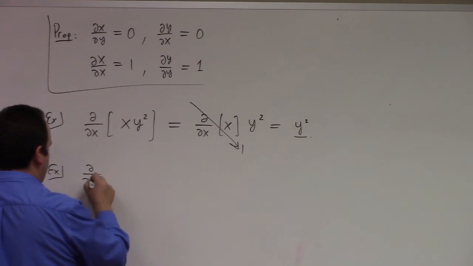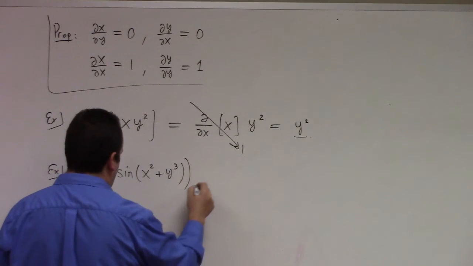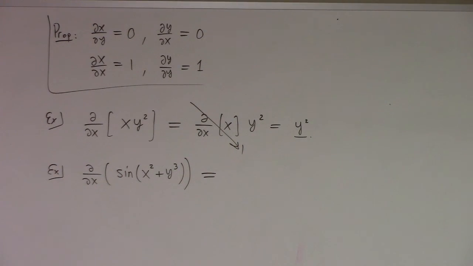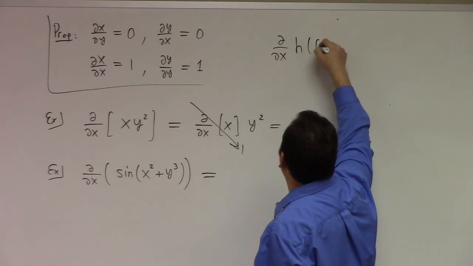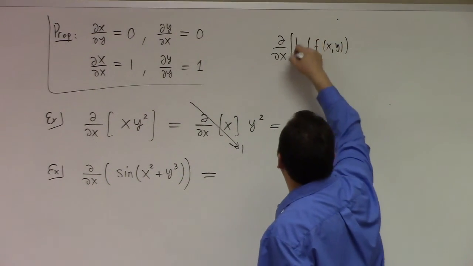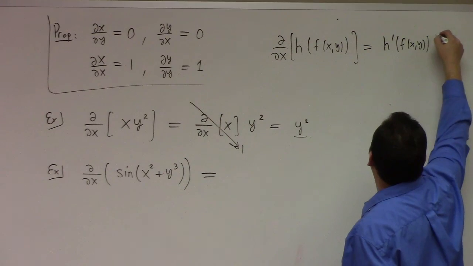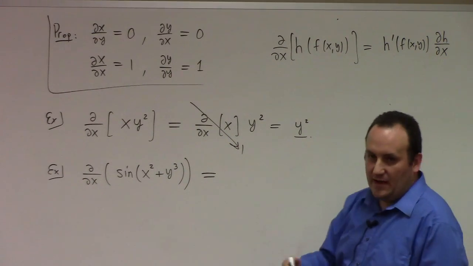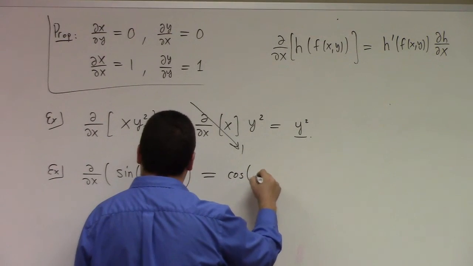Here's another one. Partial x of sine of x squared plus y cubed. The chain rule we haven't proved yet, but we will, is this. Partial x of h of f of x y, generically speaking, is h prime of f of x y times partial f partial x. In other words, you differentiate the outside function and then you multiply by the partial derivative. Here h is a function from the reals to the reals. So here my h is sine. So this is a chain rule, and that chain rule put into practice here looks like this. It's cosine of x squared plus y cubed